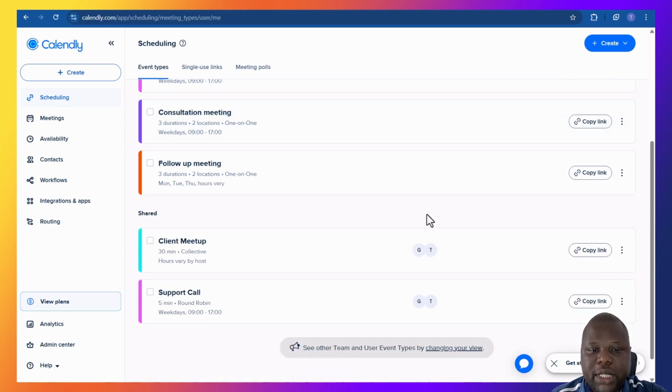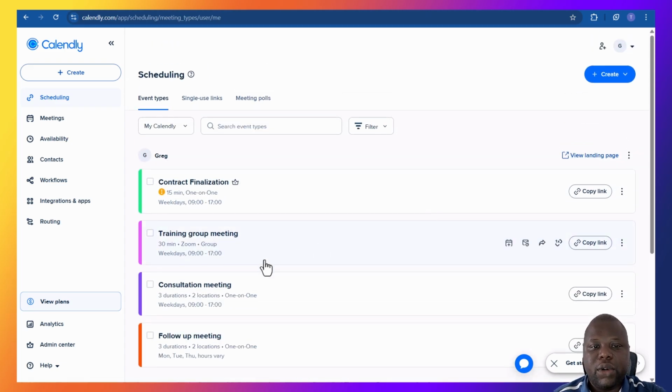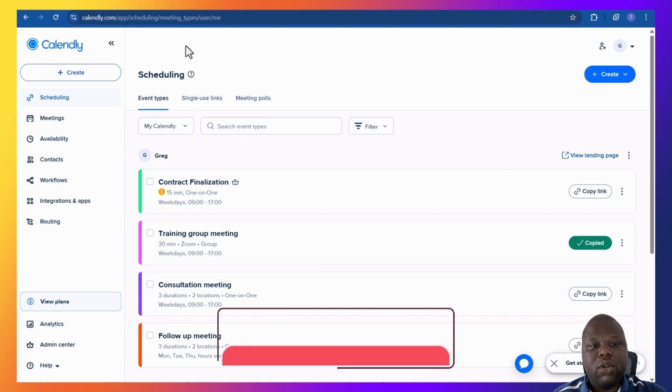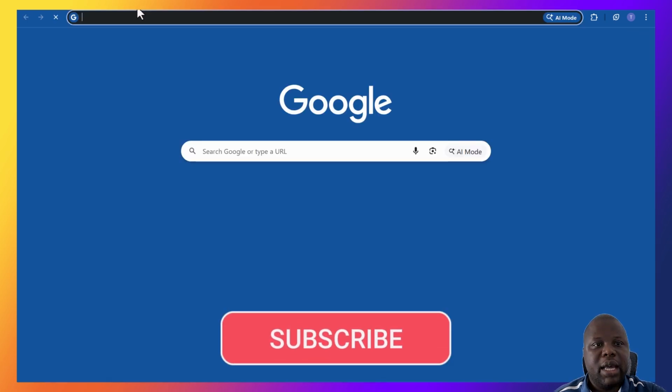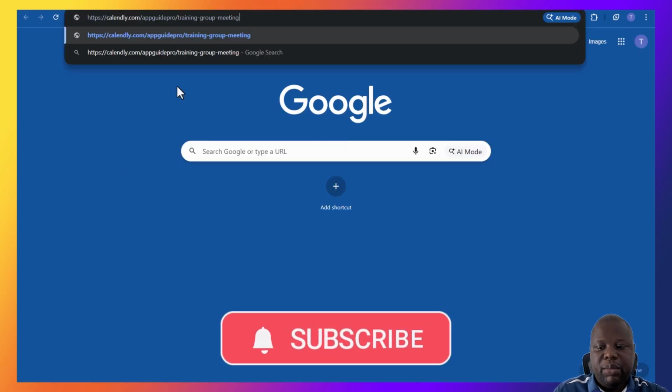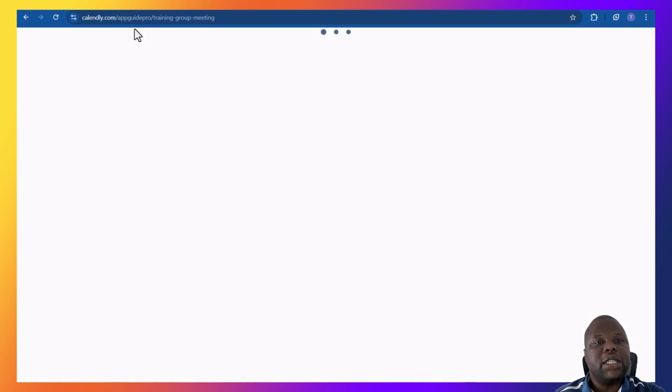Every event that you see in your account has got a link, and you can change those links. So let me show you which parts of the link you can change. If we copy an event, training group meeting there from my account, and we paste, you notice that there's this